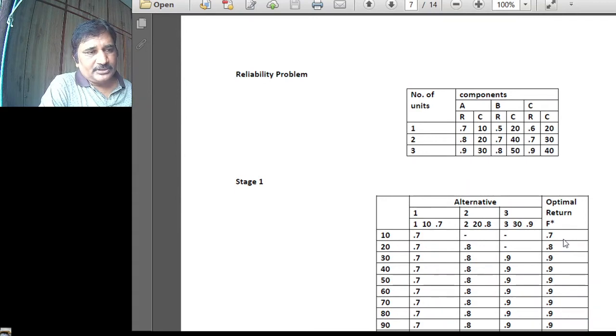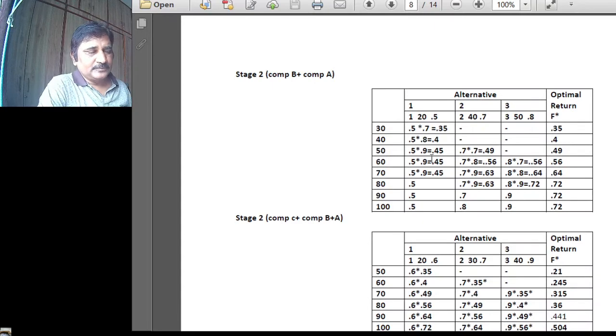In 10 rupees you are getting best reliability of 0.7, right? You just remember these figures: 0.7, 0.8 and 0.9 and onwards, because I won't be changing the page again. Now, if you assume that you have 40 rupees, you have consumed 20, and 20 rupees are remaining with you, and in that 20 rupees,